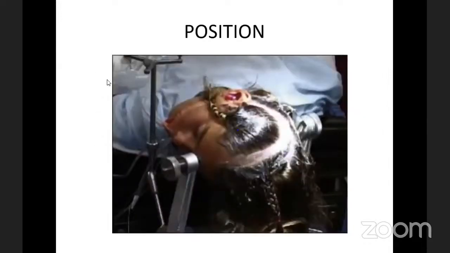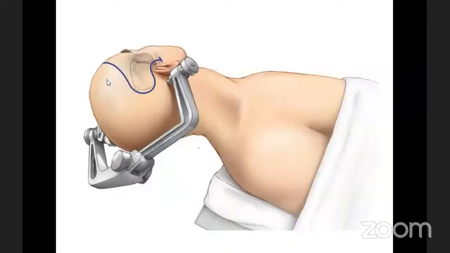Now, starting with the position for the anterior lateral temporal lobe surgery. The patient should lie supine, head tilted to the opposite side and fixed with the Mayfield clamp. The shoulder roll is placed on the ipsilateral side and all pressure points are secured. Here, in the same position, as you can see, the patient is lying supine, head fixed with the Mayfield and tilted